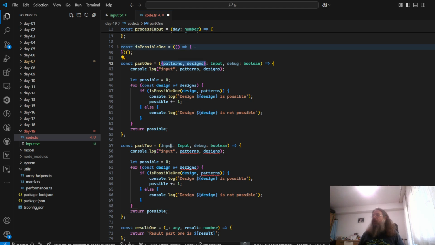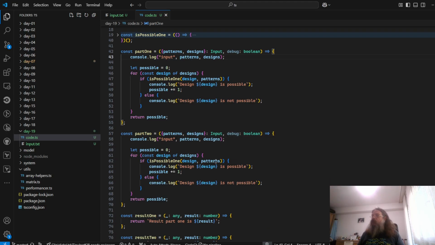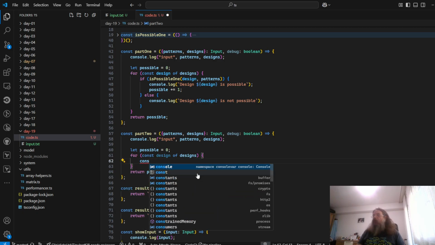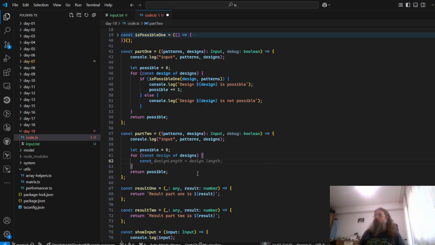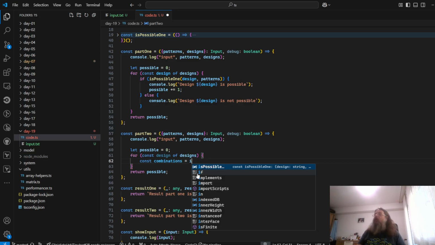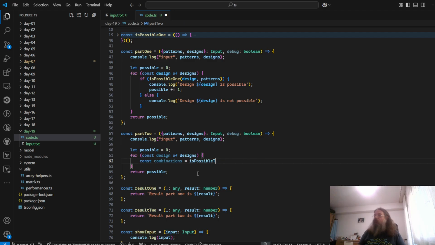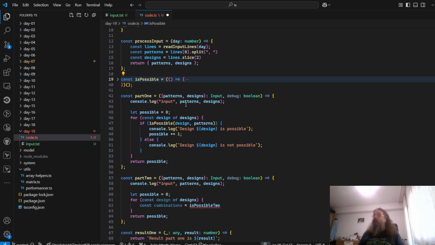Once we make it actually identical, only we will be calling not this, but we will have some other code that says const combinations is possible to. We're not gonna call it is possible, so I will rename this to is possible, and